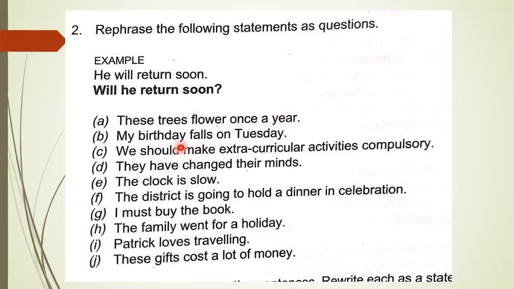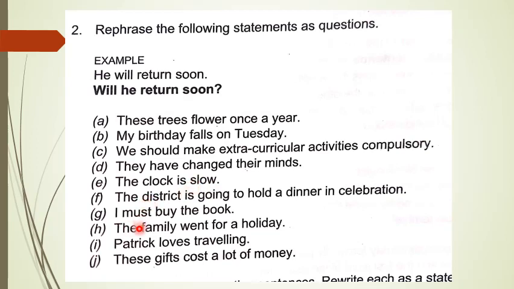Okay, let us do another sentence. Sentence number E. The clock is slow. So it is a simple present tense and it is equipped with a simple helping verb. So in this kind of sentence, we move this helping verb before the subject and the sentence will become a question sentence or an interrogative sentence. The clock is slow will be as a question sentence, is the clock slow? And there will be a question mark at the end of the sentence.